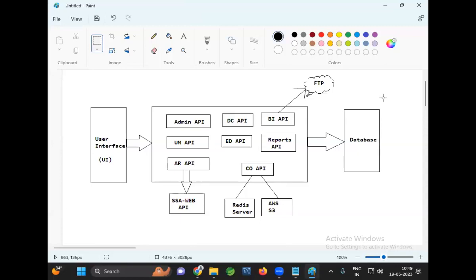They will connect to the same database; the database is only one. Guys, just look at the diagram and see what modules and APIs are available in our project: Admin, user management, application registration, data collection, eligibility determination, correspondence, benefit issuance, and reports API.